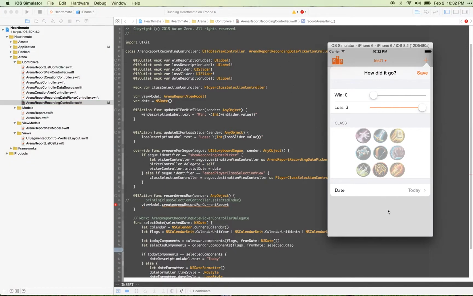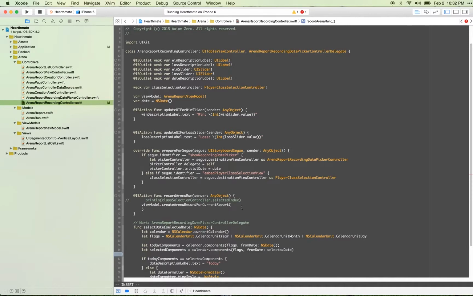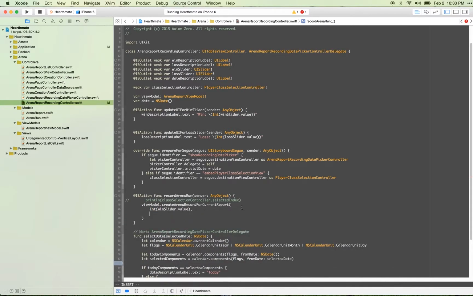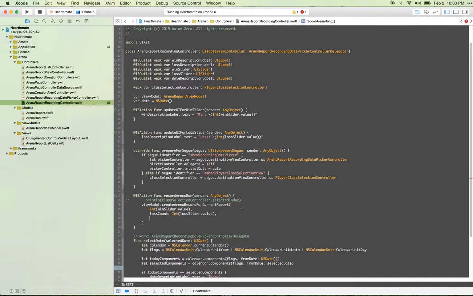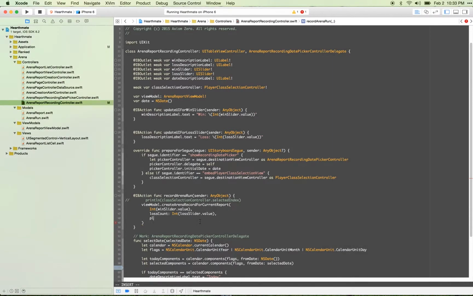When this UI even shows up, we can assume that there will be a report being selected, and there will be a bunch of information for this method, including our win count, which we can get from win slider dot value, loss count, our class player,